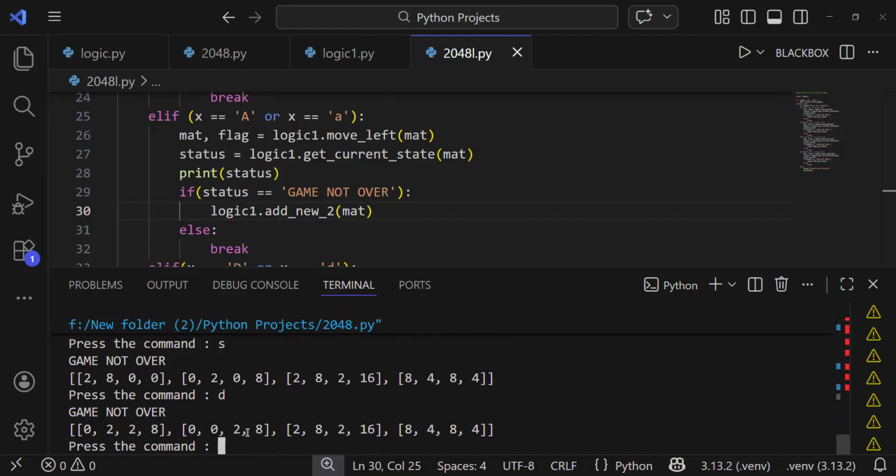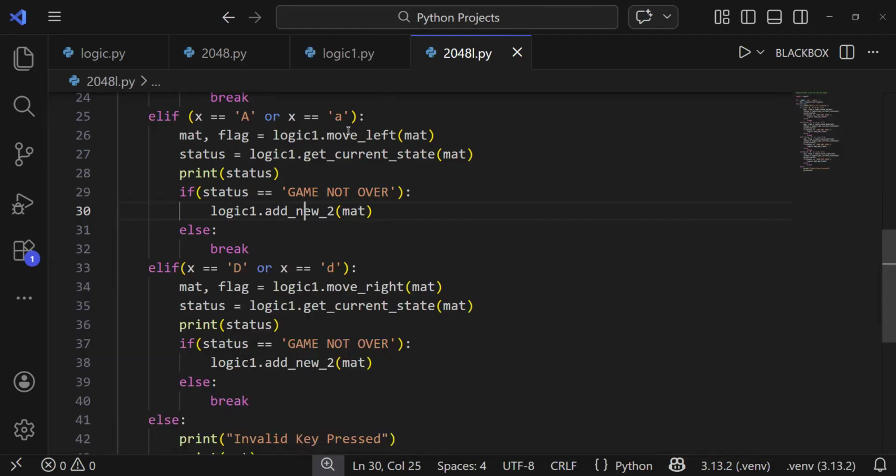So this is how we play this game until we get our desired number, which is 2048. And this is it. See you guys in the next video with a new